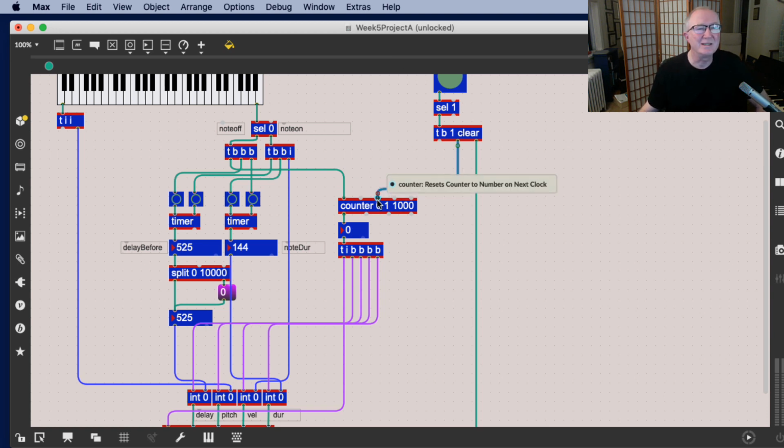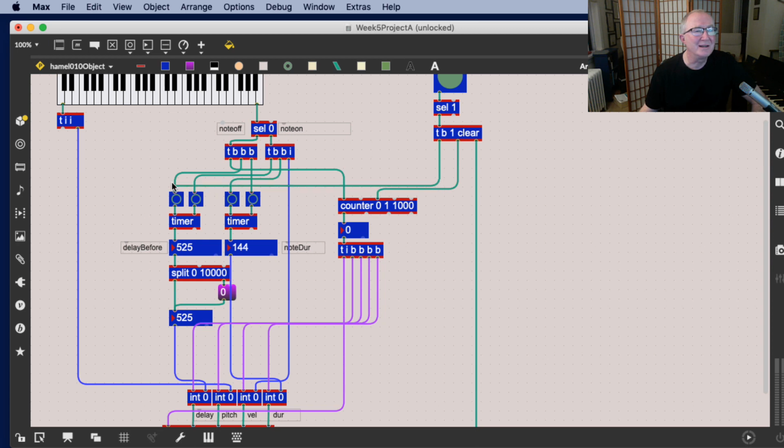You can see this, reset counter to number on next clock. That means that when a bang comes in to the counter, it will start again at 1. And then finally, the B. And the B I'm just going to use to, actually, I'm going to go in here and I'm going to